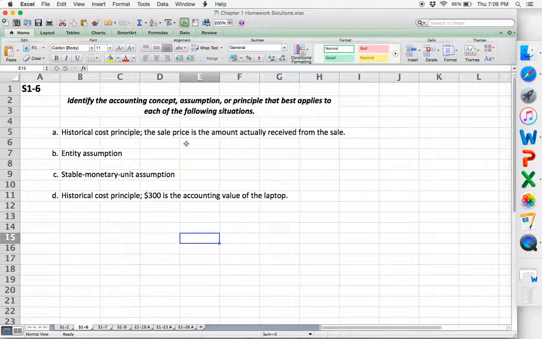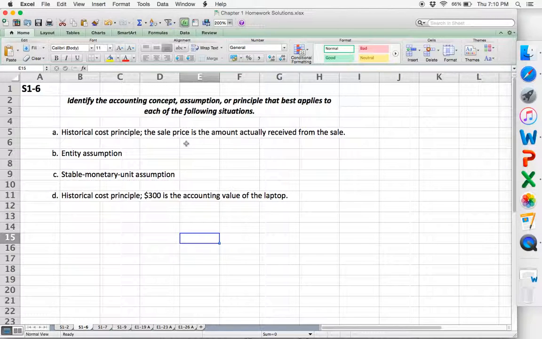And then moving on to C. So this is looking at inflation has been around 5.5% for some time. Woodlake Realtors is considering measuring its land values in inflation adjusted amounts. So again, this isn't really looking at the numbers that they're providing for the inflation rate. This is looking at the stable monetary unit assumption, where in the accounting world we don't really take into consideration the fluctuations of the buying power of the dollar. The dollar is just worth a dollar.